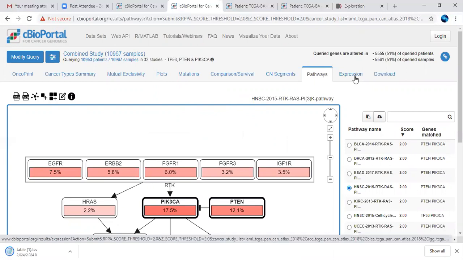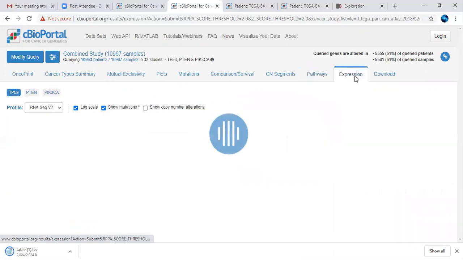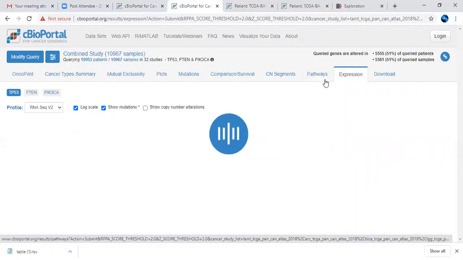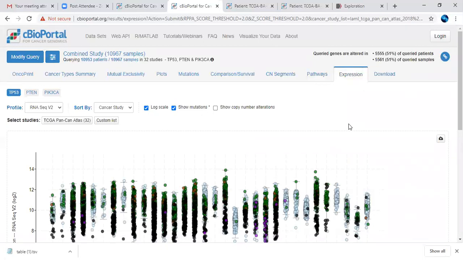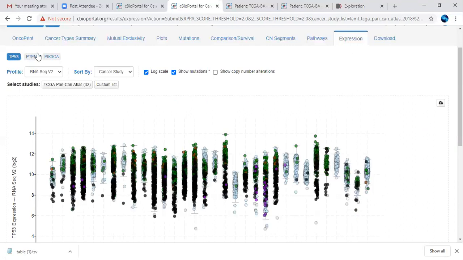Expression data, now we are going to see the expression data. Here you can see very nicely the expression data has been plotted with respect to our three targets of interest.